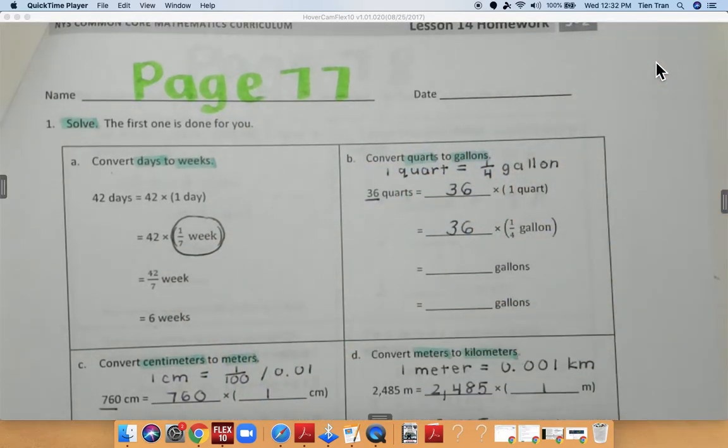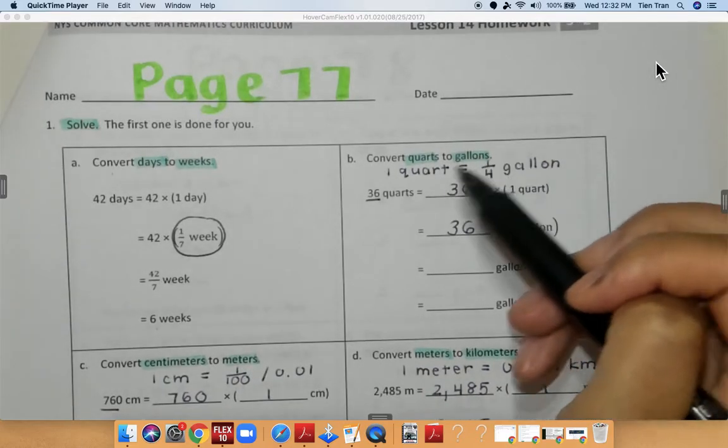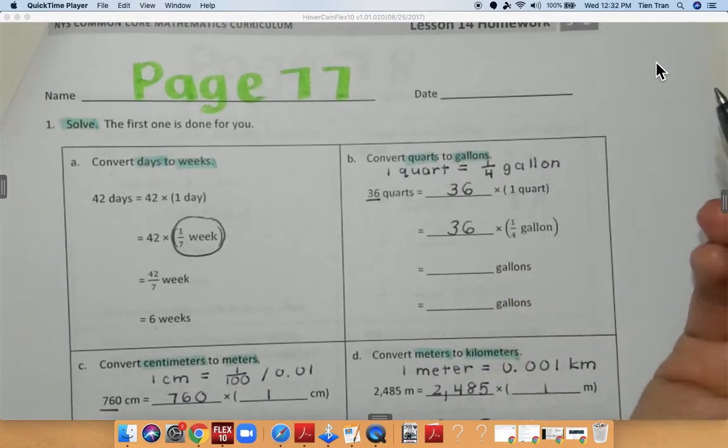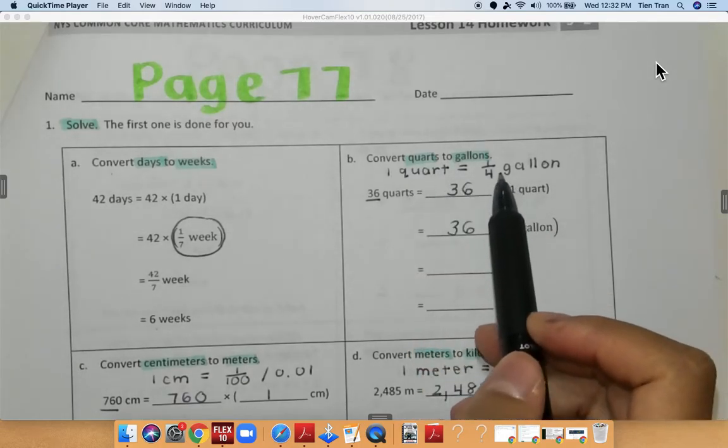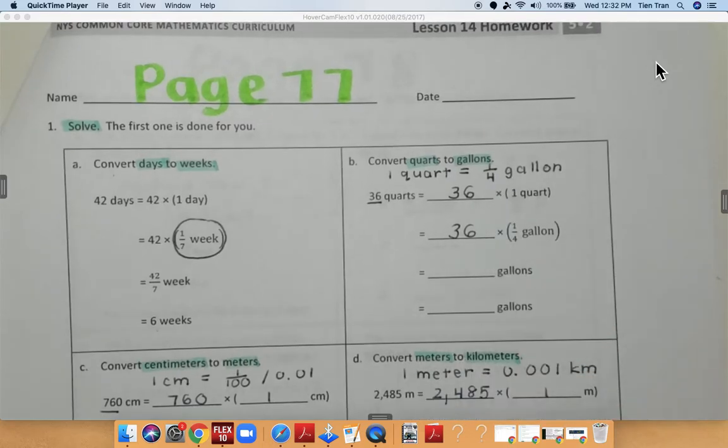So we're going to try this one. 1 gallon is bigger than 1 quart. Just so you're aware, a gallon is this huge looking, you think of your gallon milk jugs or things like that, whereas a quart is much smaller. So that's why you're going to be dividing by 4,